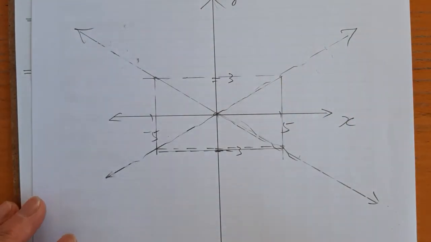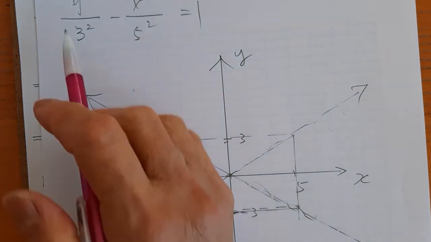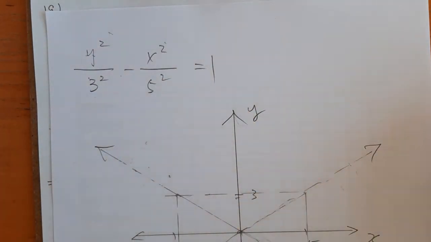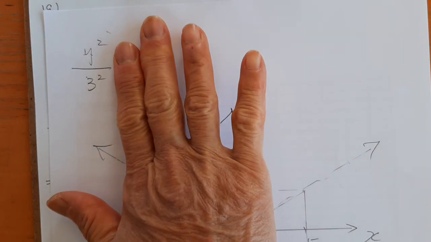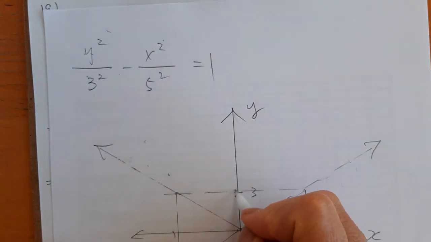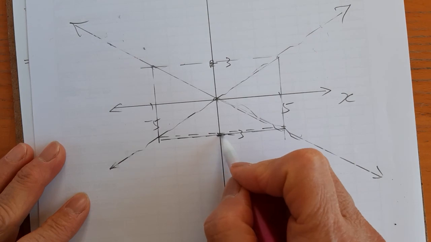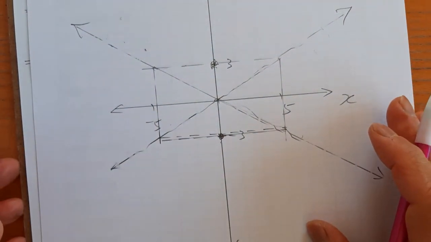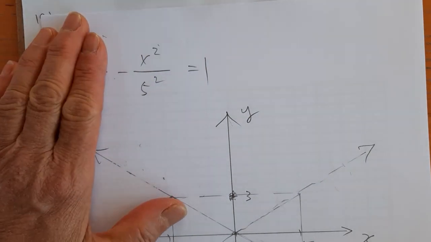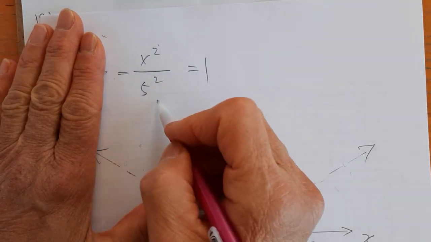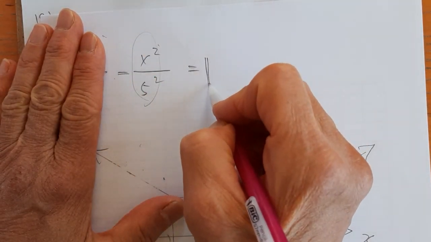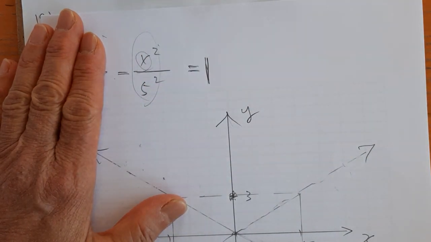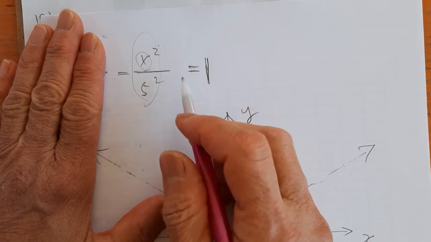Show the two asymptotes. Now, if it is y squared minus x squared, you let x equal 0. You get the y-intercept, which is 3 and negative 3. So the graph goes through 3 and negative 3. You let y equal 0, you will get a negative number equal a positive number, which is never equal. So there's no such x, because x squared is positive, 5 squared is positive, and times